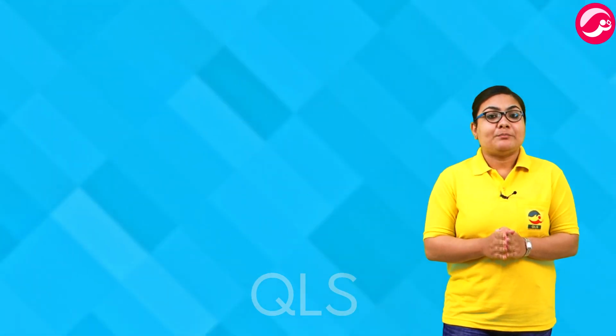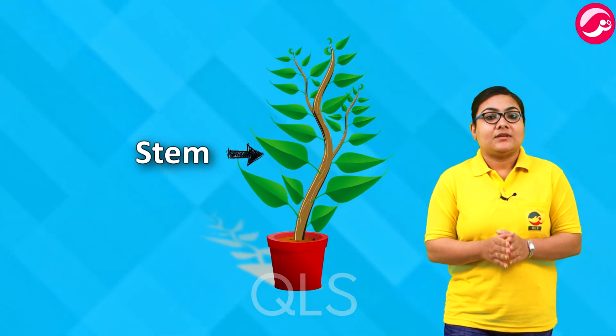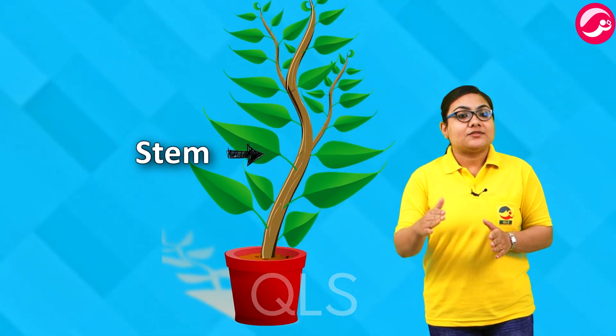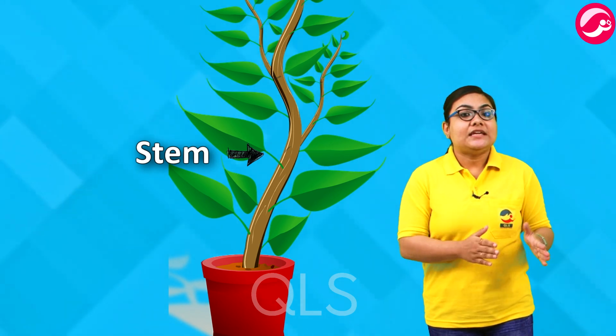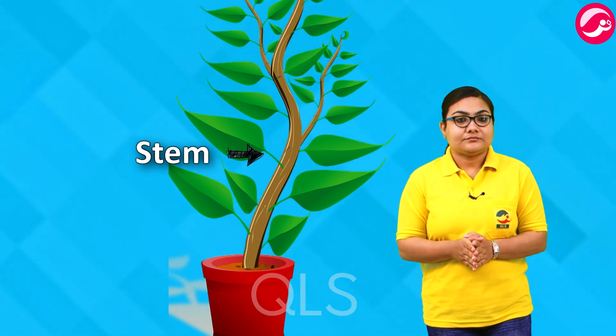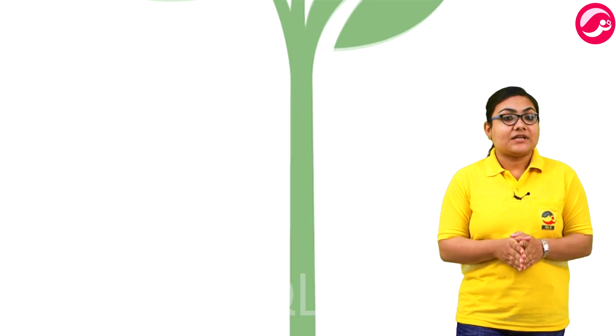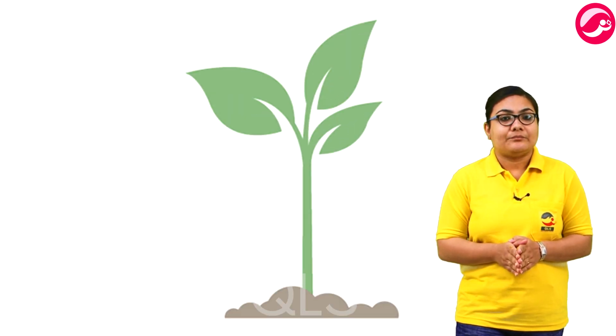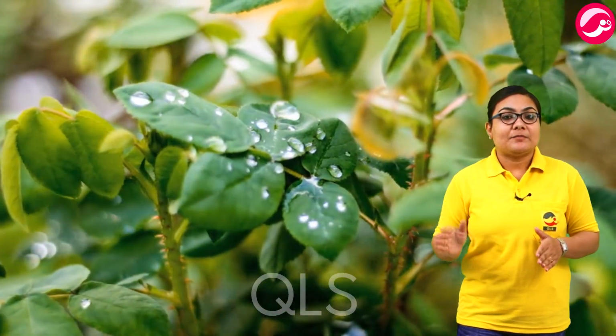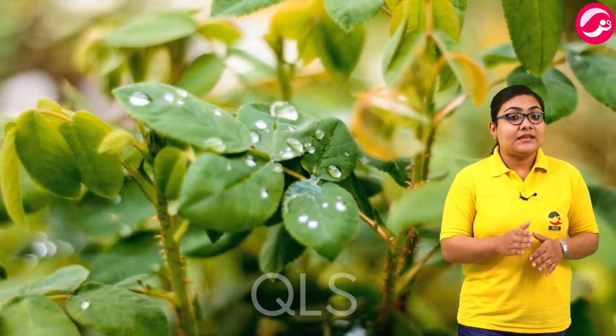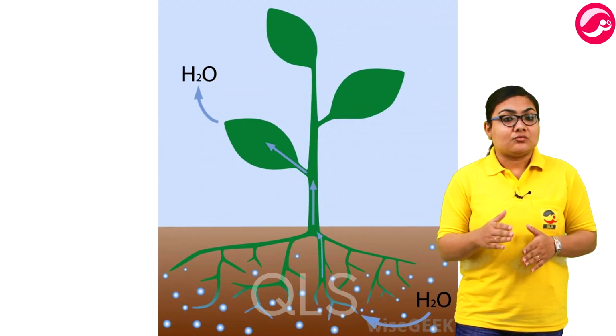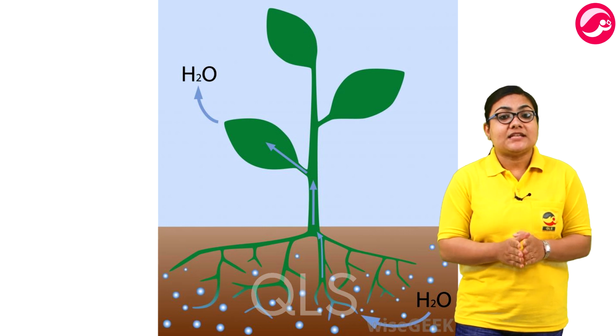Next, a very important part of a plant is the stem. Stems are above-ground structures that bear the plant's leaves and flowers. We can say that stems conduct water through them to different parts of the plant. Like water, stems also conduct minerals through them. The water and minerals go to leaves and other parts of the plant attached to the stem through many narrow tubes inside the stem. Stems are usually above the ground, although the stems of some plants such as potato also grow underground.